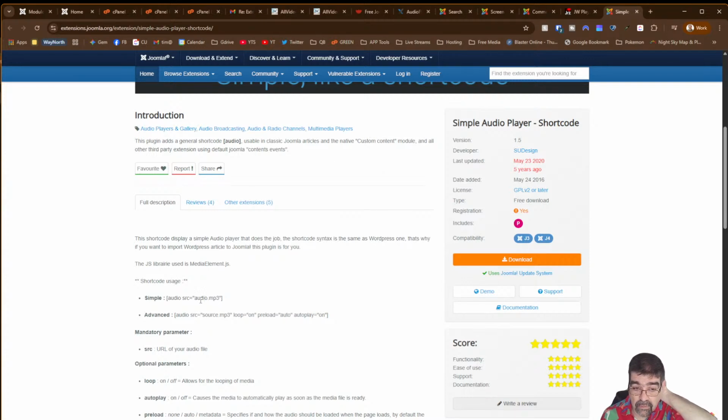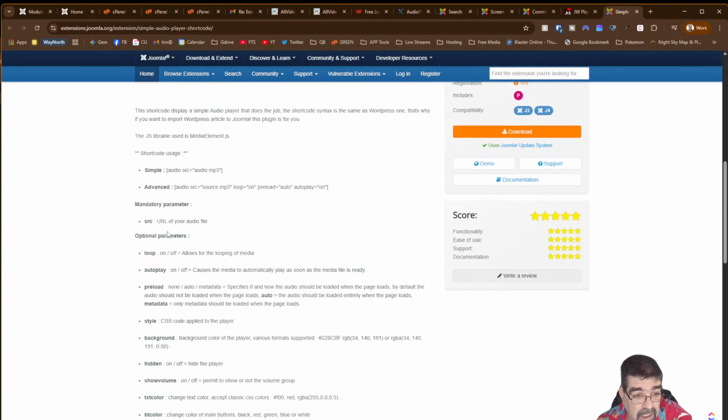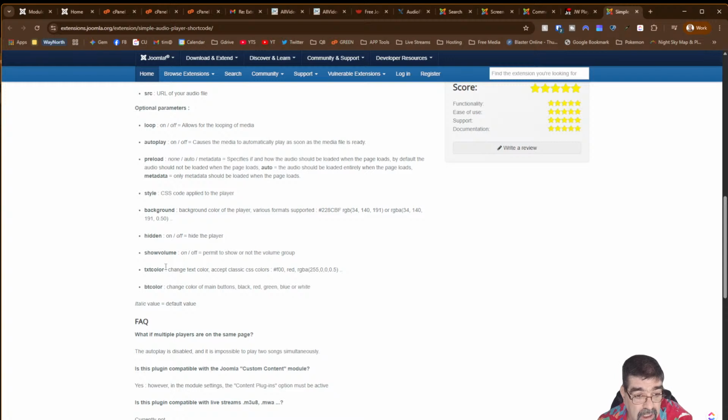Audio source equals audio source MP3, loop on, preload, autoplay on. So they have a bunch of tags, parameters that you can put in here, text color. So this would be